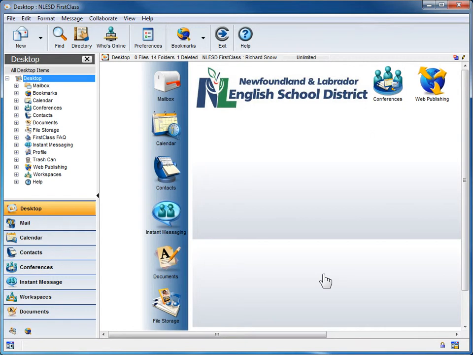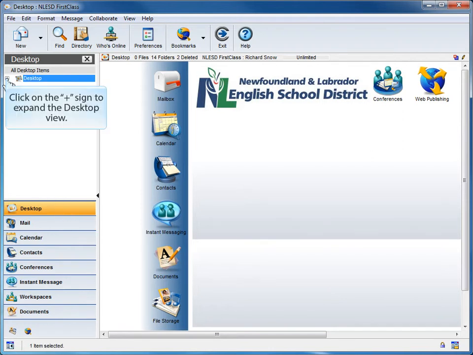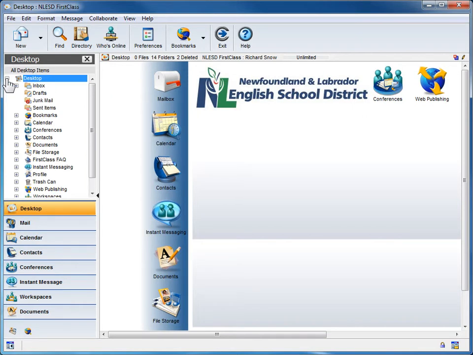To get a sense of the changes that we've made, the first thing we're going to do is, on the left side of the screen, click on the minus sign and minimize the desktop, and then click on the plus sign to the left of the desktop icon to maximize the view of the desktop, and we're going to see the changes that occurred with the mailbox folder. If you notice on the screen, our single mailbox that we had before has now been changed to an inbox and a sent items box, for example. So we have changed the mailbox from a unified or single mailbox to a separate inbox, outbox, or a more